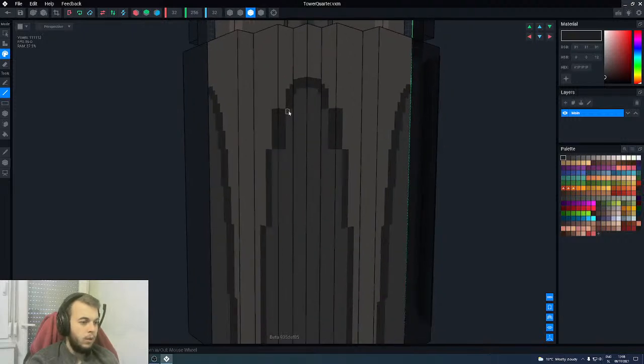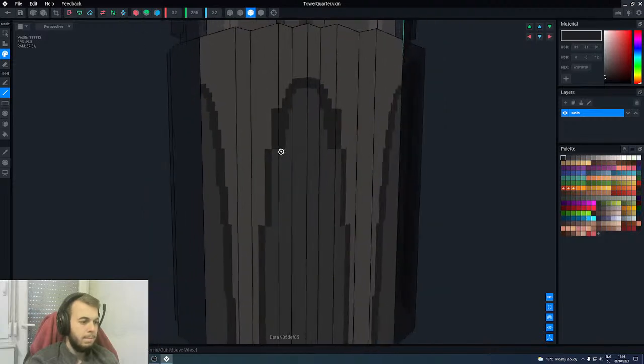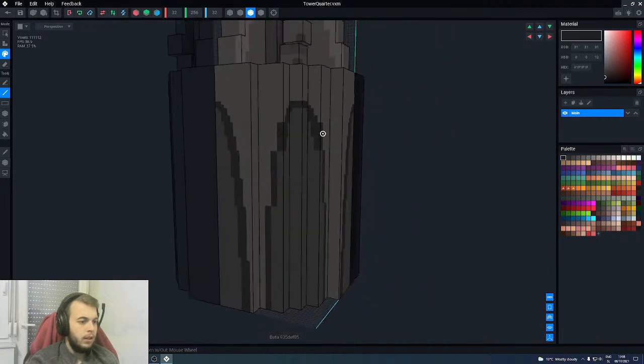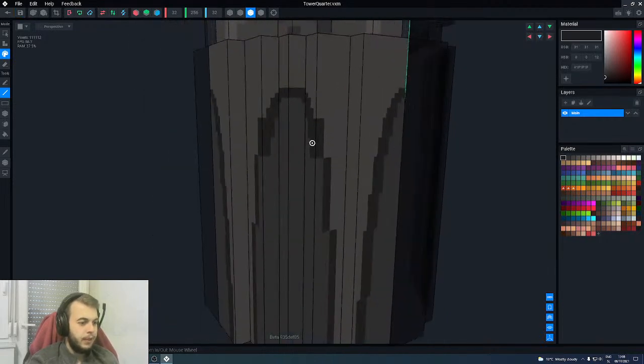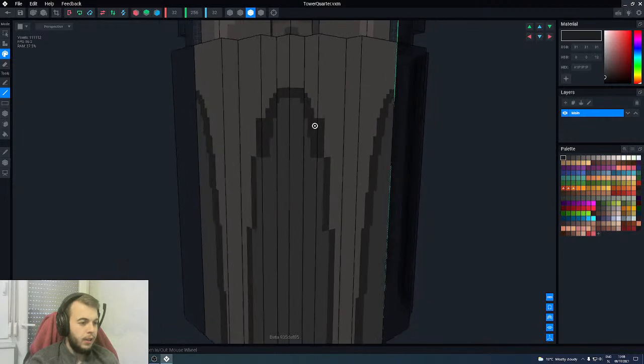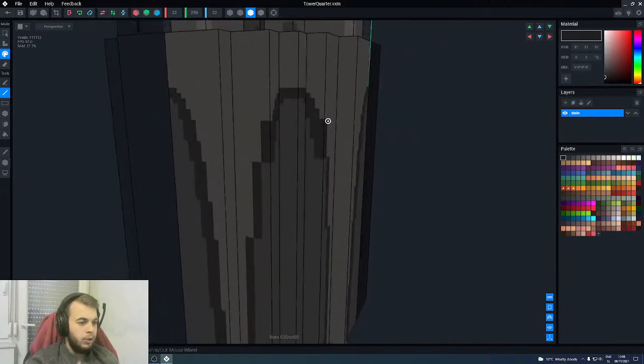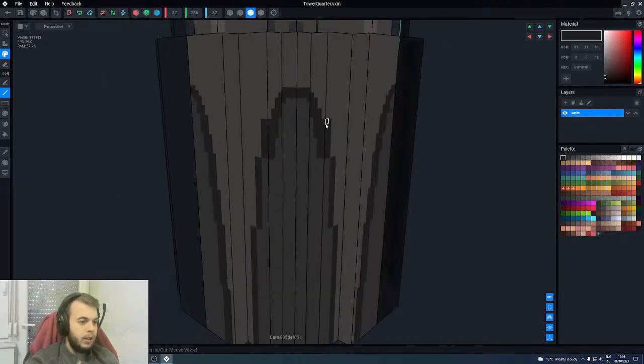So like that. Then 4. And yeah, I guess these that are in the corners might look a little bit chunkier because we have like